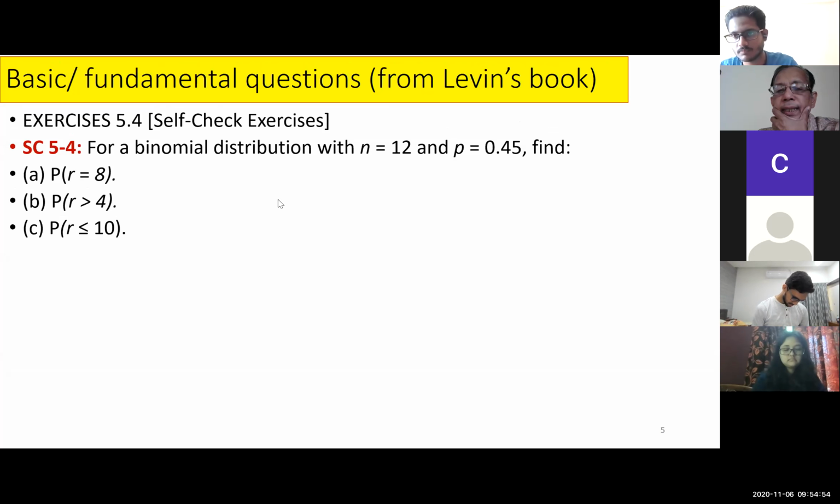Are you clear? Who was asking? Chinmay. Okay, Supratik, take over, quickly do the last beat. Last beat: it is given that P of R less than or equal to 10, which means we can write P of 1, P of 2, continuing to P of 10. Wait, stop. I think what Supratik told is correct. It will get lengthy to calculate. P of 0 to P of 10. You had forgotten P of 0. If you forget 0, I will not forget 0, I will give you 0 in the exam.